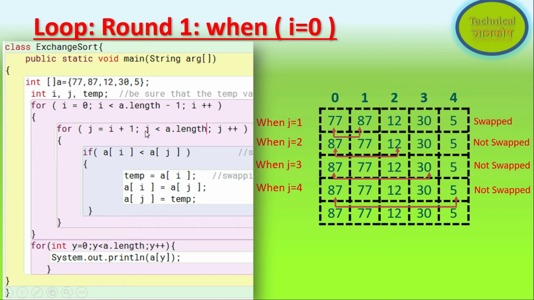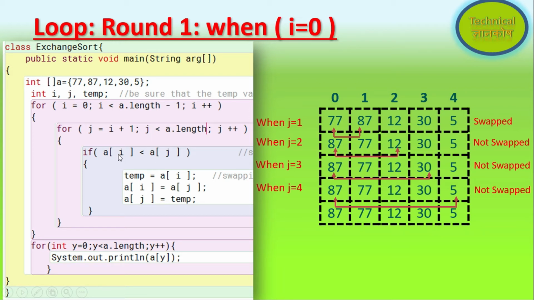Now it will increase j's value by 1, the value of j is 3. Again it will check the condition, a of i is less than a of j, and again the condition is false, so it will not swap the values. Again j's value will be increased by 1, so j will be 4.